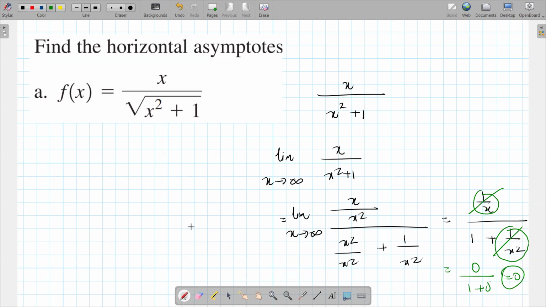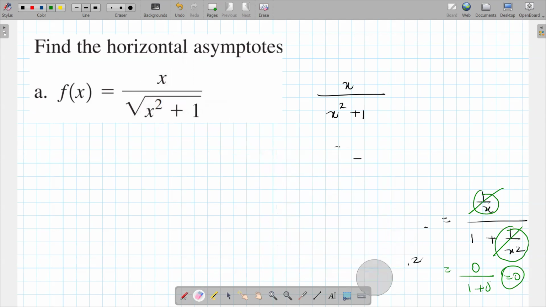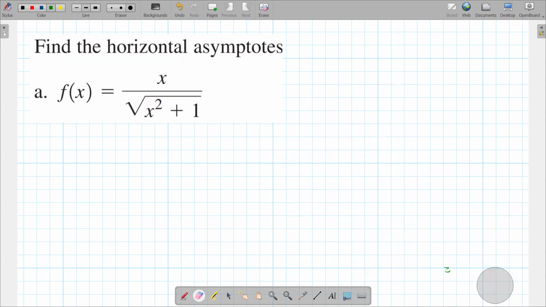So this is the same process here. What's the biggest power here? 2. So it's a little bit complicated, this one. That's why it's here, I think. It's because there is a 2, but it's inside a square root, right? So what's the effective biggest power in here? It's 1. So look at this. This one's going to be a little bit more complicated. So limit as x approaches infinity. x over x, that's the biggest power. But because we have a root in here,